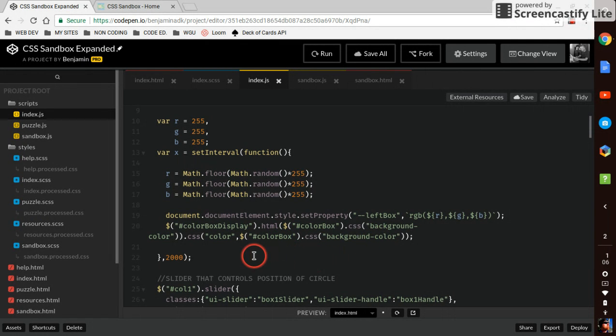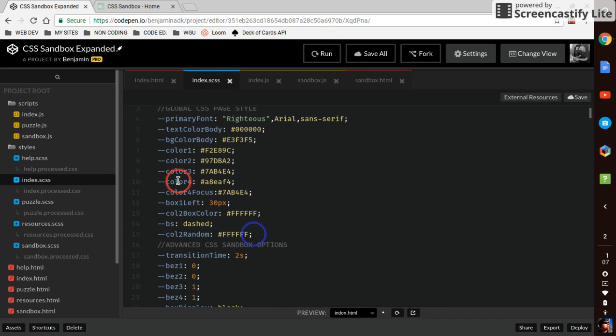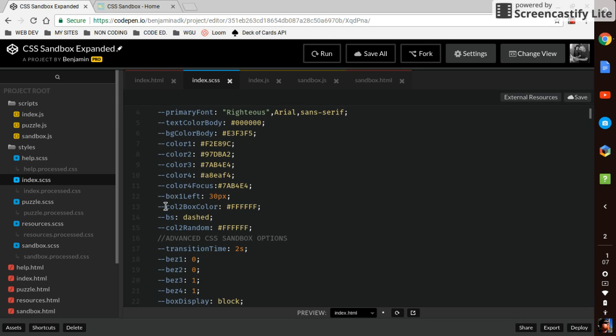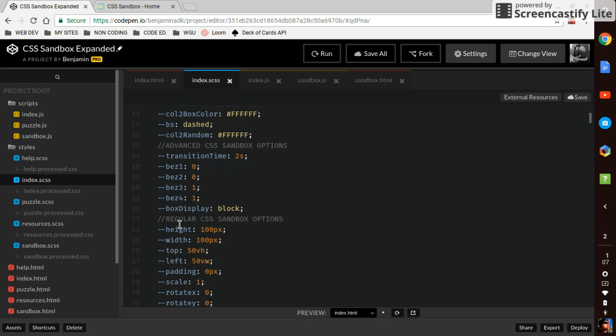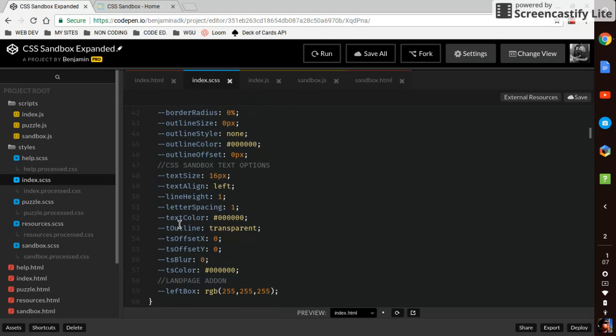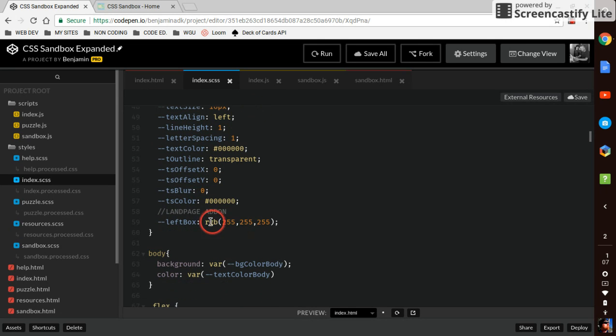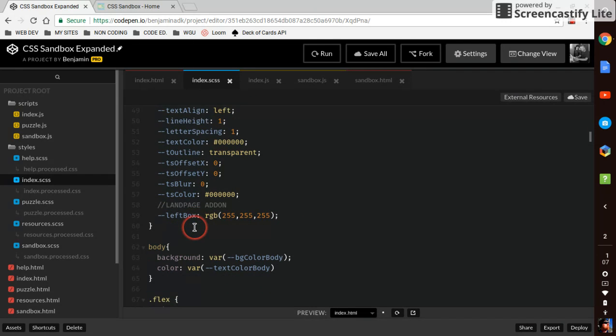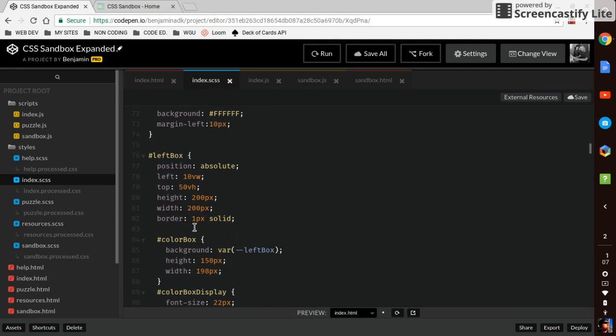And all that's doing is basically just changing the text and the box to match that color. But here, dash left box, you go into my CSS. Okay, dash left box. Let's see if we can find it. Dash left box starts out as white, and if you'll note that